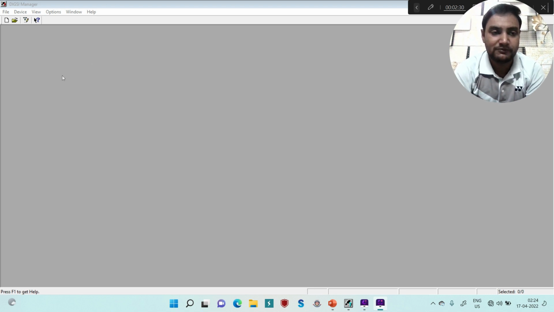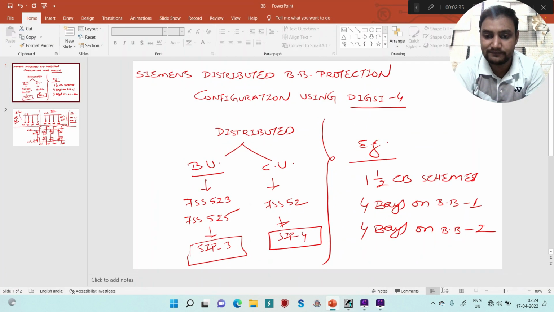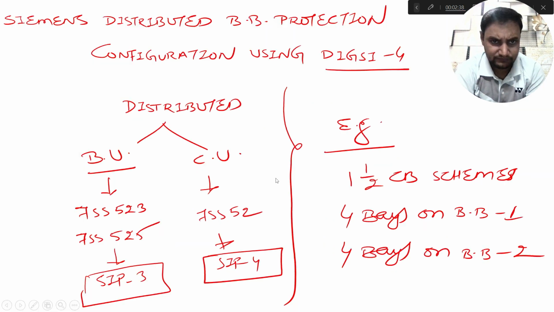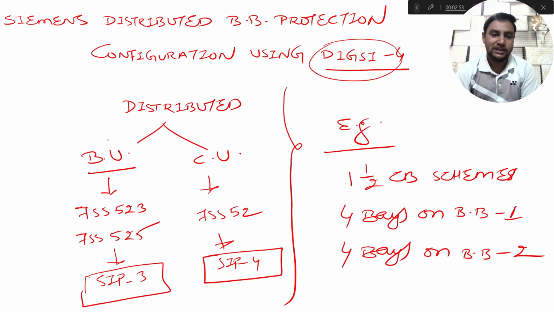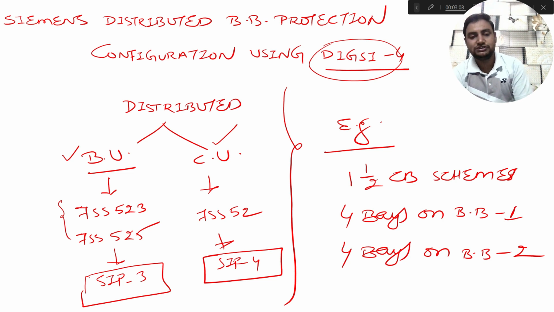Before starting the Digsi software configuration, let us see some of the basics, and these basic concepts are very simple. We are going to discuss the configuration of the Siemens distributed busbar protection using Digsi 4 software. In this distributed or decentralized busbar protection, there are basically two things: one is the bay unit and the other is the central unit. The Siemens relays which fall under the bay unit category are 7SS523 and 7SS525. These two different models of bay unit